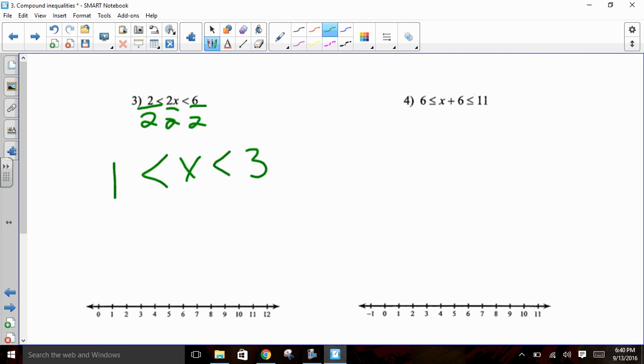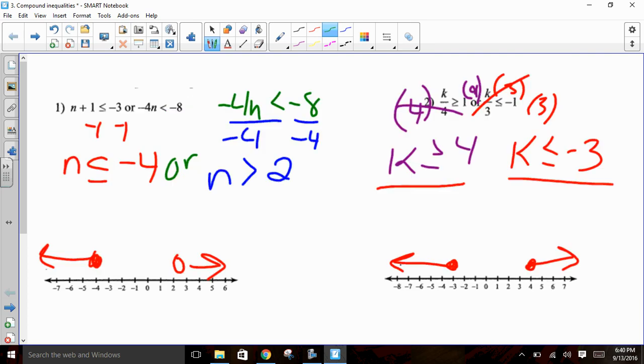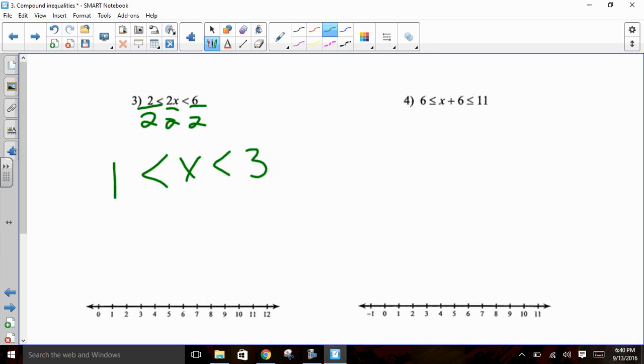On the last two examples, my arrows went opposite, kind of butted against each other. When I have ands, they're going to go towards each other. So I have an open circle at 1 and an open circle at 3. I'm going to shade in between those two circles. So they're going to go towards each other. Because if I split this apart for a moment,